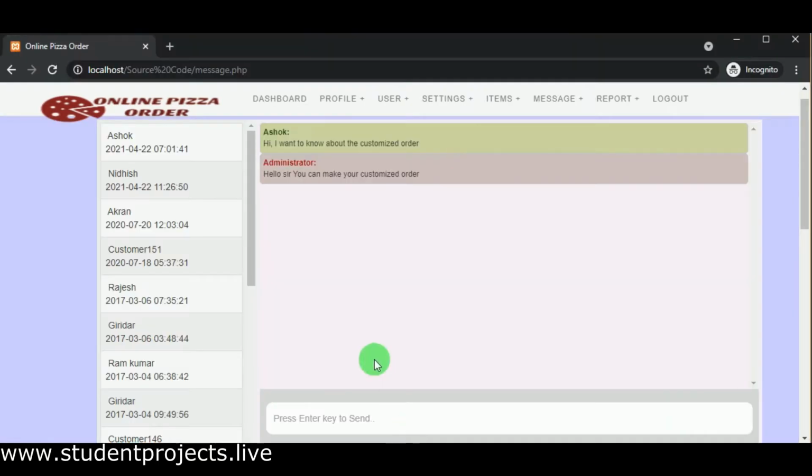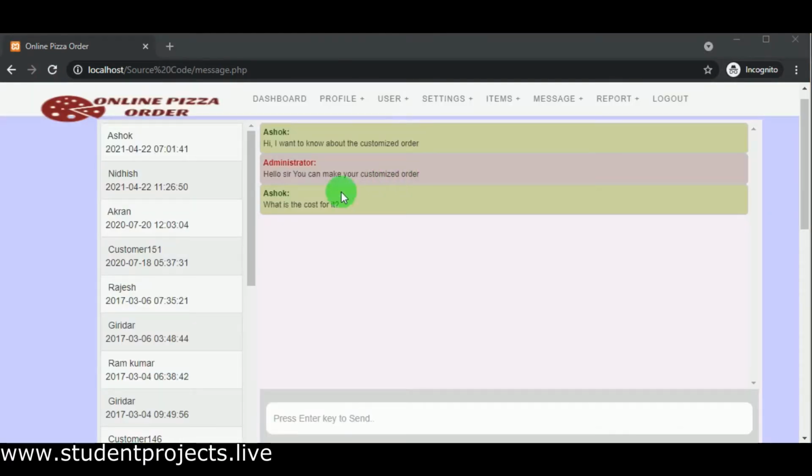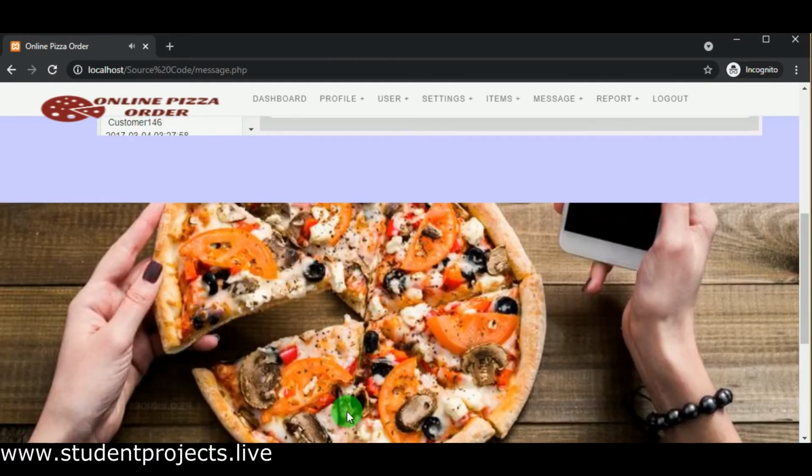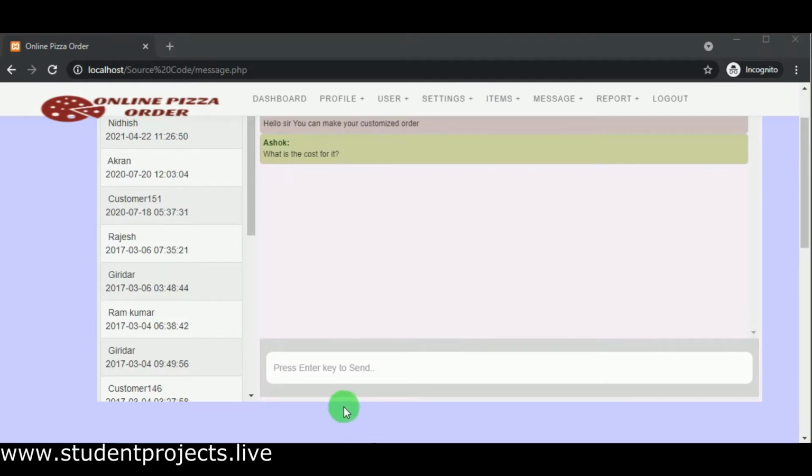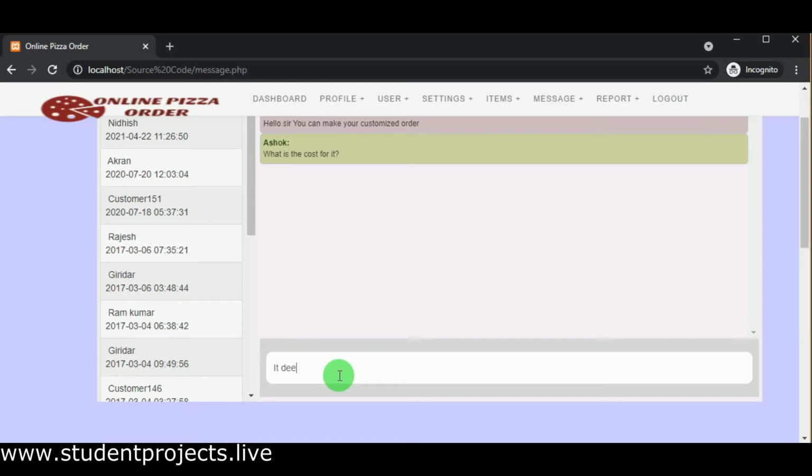So here the customer is continuing the chat, and we can see in the admin window where the message from the customer is reflected here, and the admin will again reply to the message from the customer.